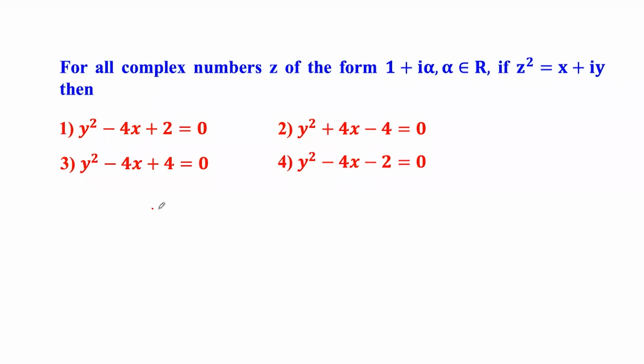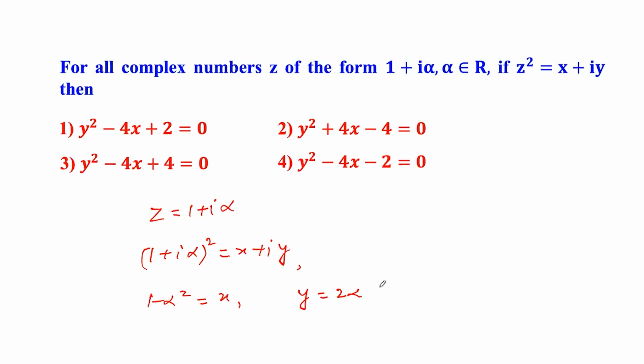So z is equal to 1 plus i alpha, right? z square is nothing but (1 plus i alpha) whole square is equal to x plus iy. Compare both the terms: 1 minus alpha square is equal to x, and y is